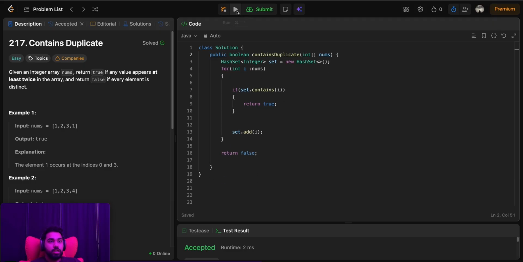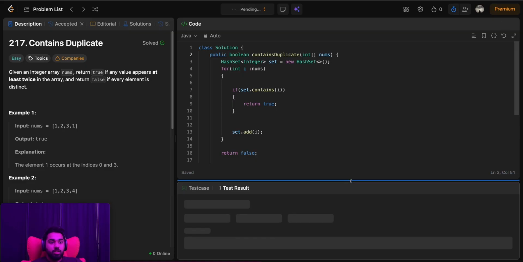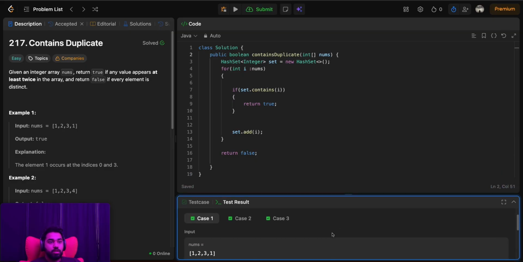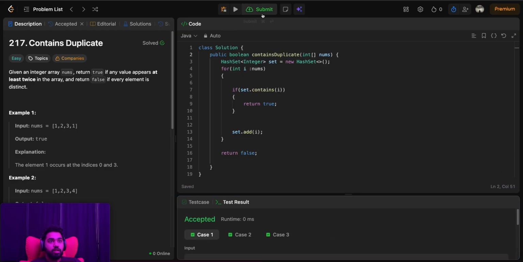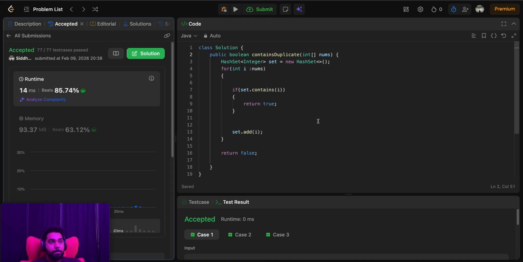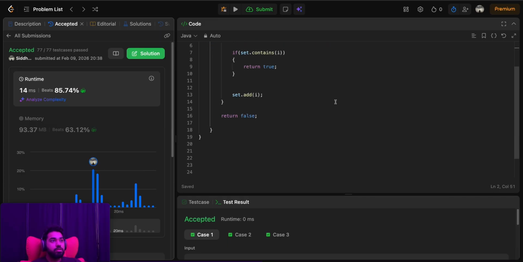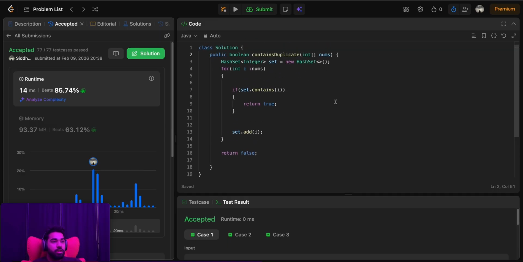Perfect. Let's just check if it works. Perfect, it works for all the three cases. Now let's submit it. Perfect. We've solved this question using hash set as well, and this is the most efficient way to solve this question. And yes,